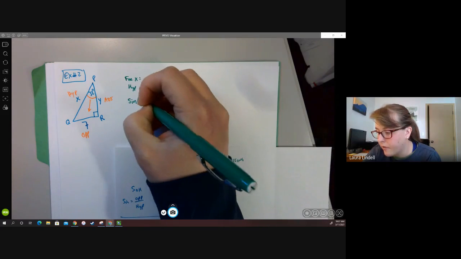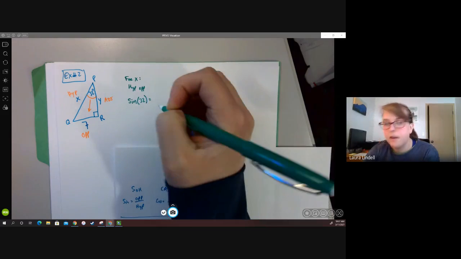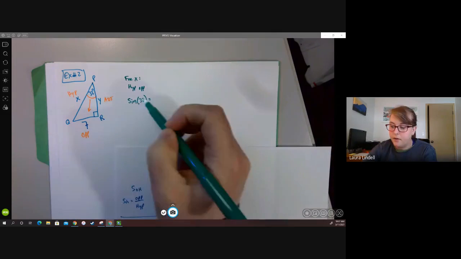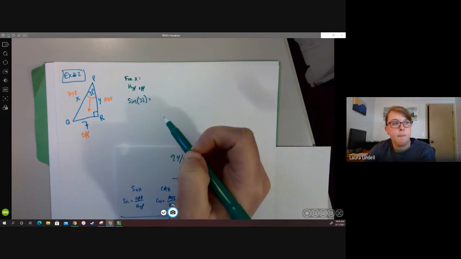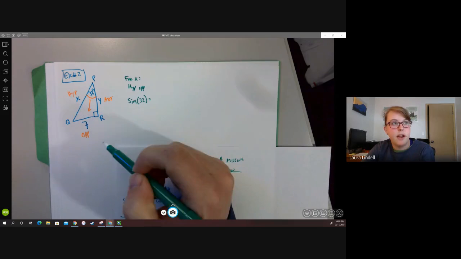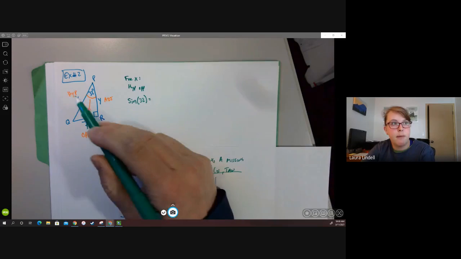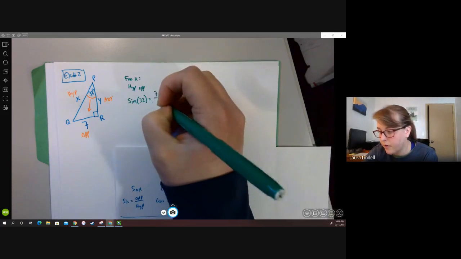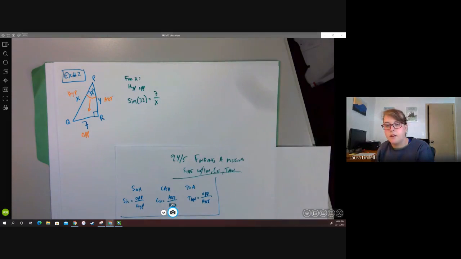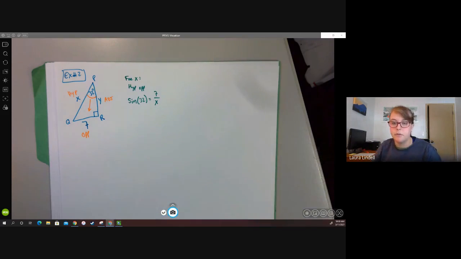It's going to be sine of 32 to set up our equation, because that's our angle. The angle always goes inside. And then it's equal to opposite over hypotenuse. So in this case, opposite over hypotenuse is 7 over x. So let's go ahead and solve for x, and then we'll move along and solve for y. So solving for x,